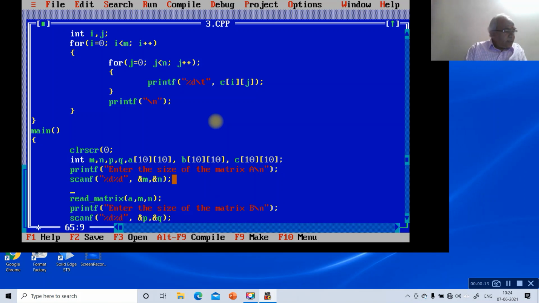Printf "enter the elements of the matrix A".